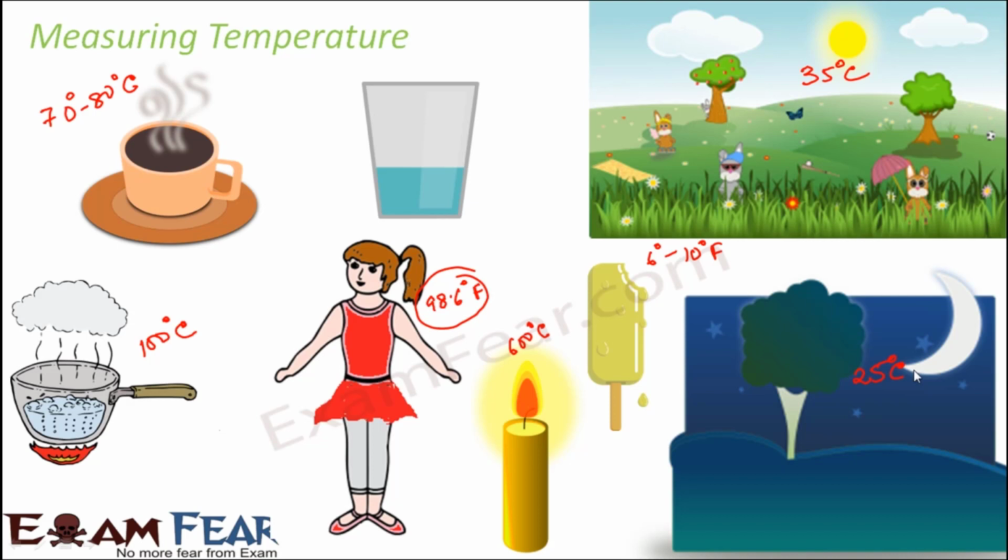You will see that the temperature varies from one place to another. Whenever you talk about temperature, the discussion will be incomplete if you do not mention the scale of measurement, because a lot depends on that. Only the values don't speak a lot. Whether it is 70 degrees or 100 degrees or 200 degrees, that really doesn't tell a lot, as long as you do not mention the Celsius or Fahrenheit scale.